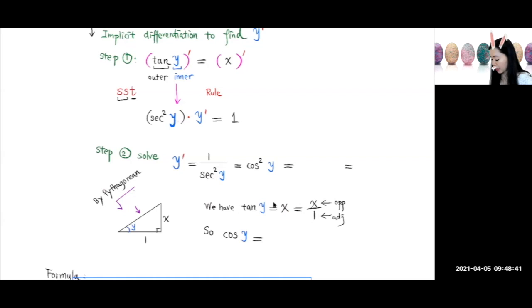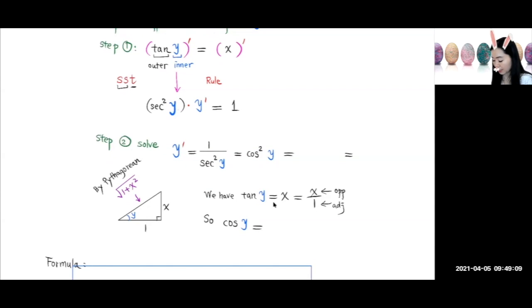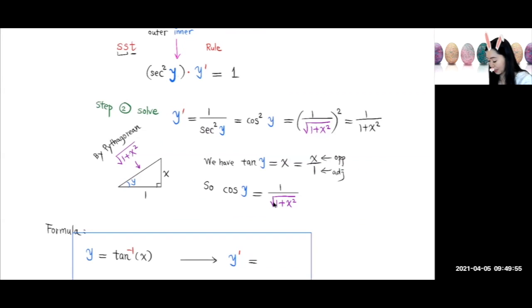And that's equal to x over 1. Tangent is opposite over adjacent. So I label the opposite side here x, adjacent side here 1. By the Pythagorean theorem, what will be this side over here? Square root of 1 plus x squared, right? Okay. Now, once you get these three sides of this right triangle, you're ready to express this cosine squared y back in terms of x. Cosine y is adjacent over hypotenuse, so it's 1 over the square root of 1 plus x squared.